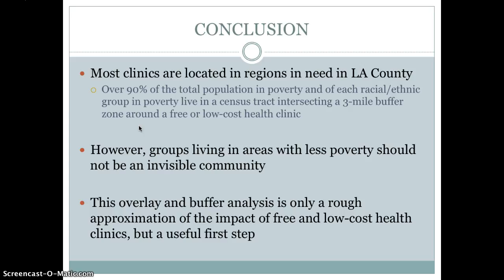There needs to be affordable and accessible resources for them to access high quality care. And because this can have positive impacts on their own health, as well as prevent unnecessary hospitalizations, which is a good public policy. So this buffer and overlay analysis that I did for this project, it's only a rough approximation